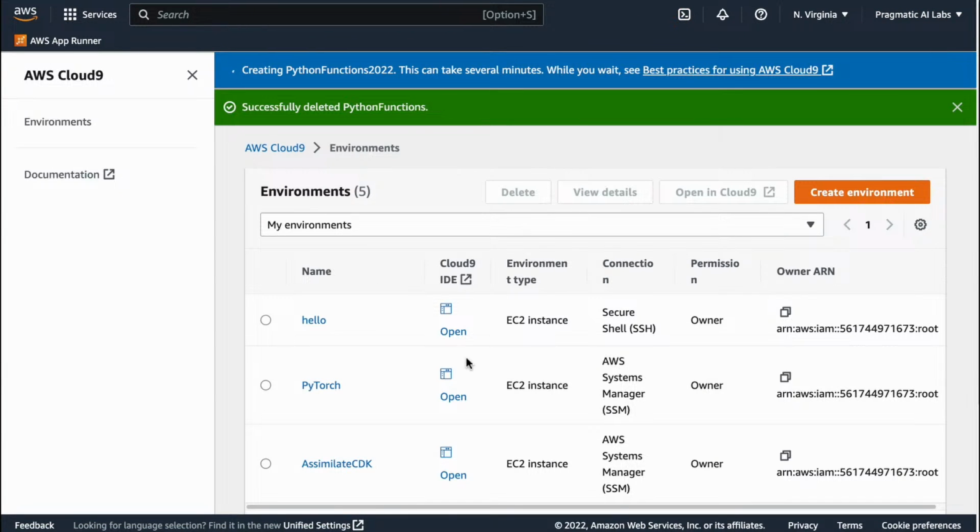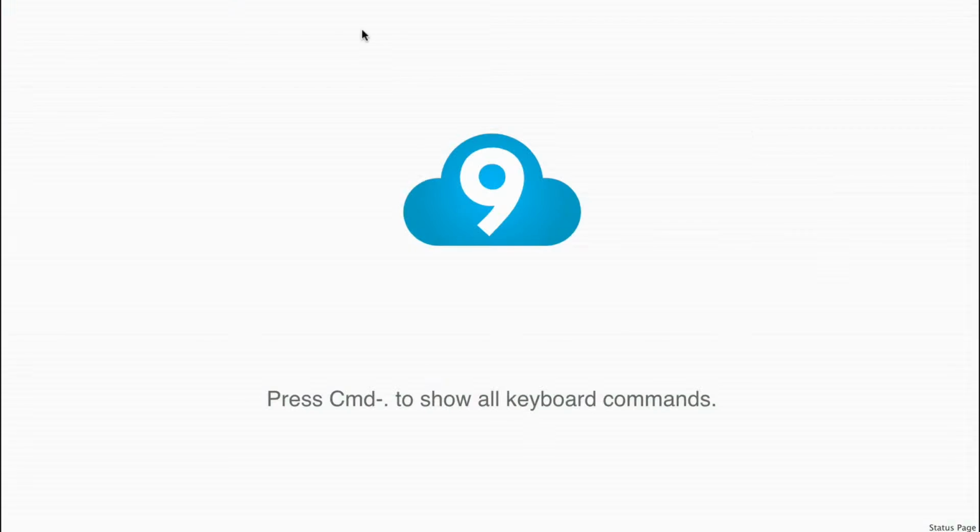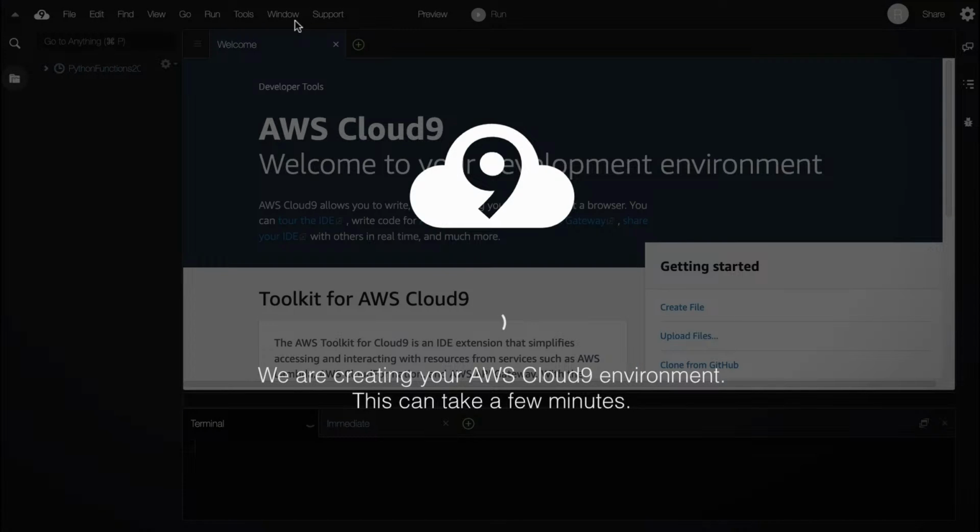If it doesn't work, I doubt it won't work. But if it doesn't, I could always just use one I've already got created. So we'll let this thing spin up for a second. I will need to go to GitHub to add the keys so that I can actually build out in this environment.